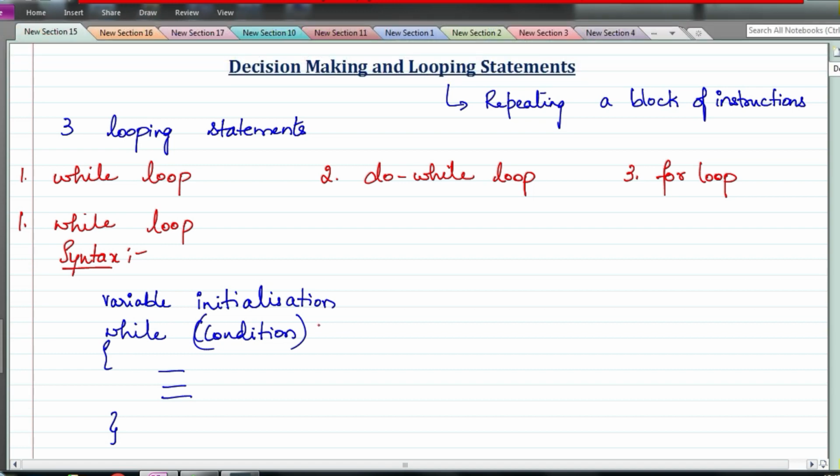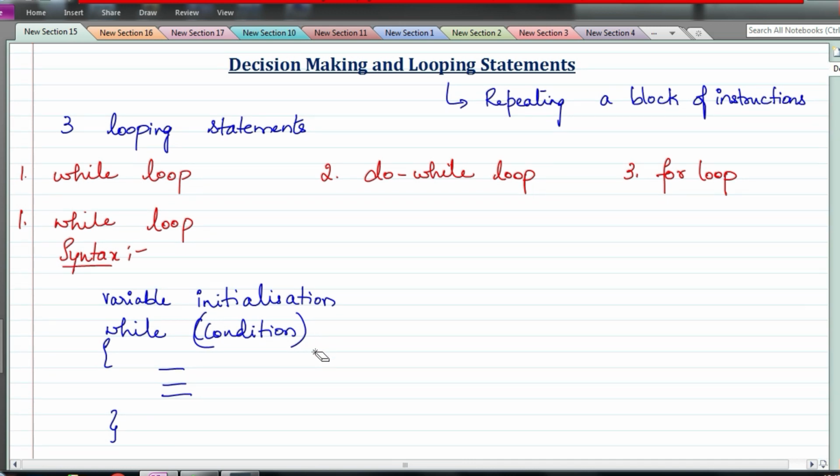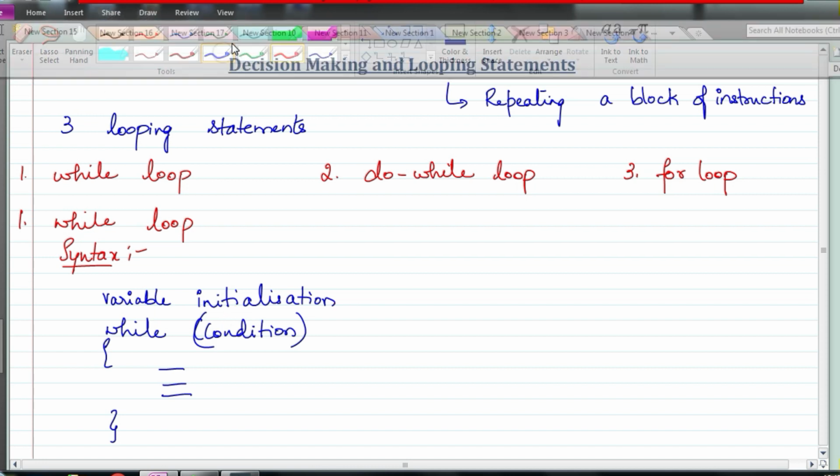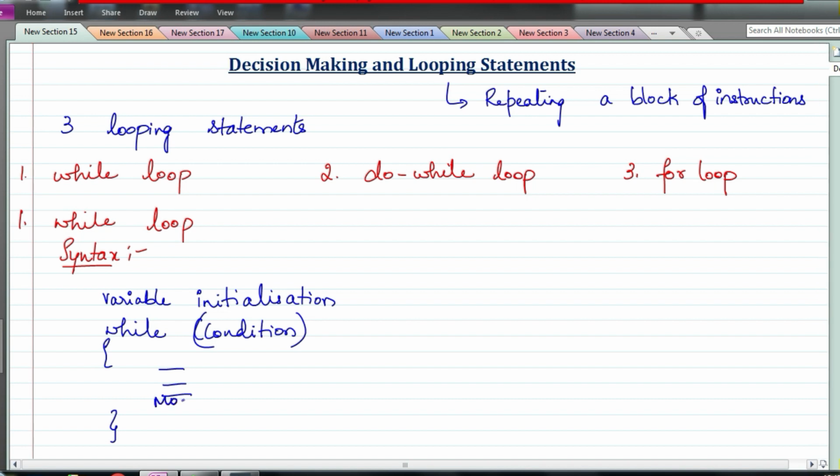There is no semicolon here or here. Don't write a semicolon for a while loop. So: variable initialization, while condition, and then here we need to write the modification. Usually we write the modification as the last instruction in your while loop. You can write it anywhere, again depending on your program logic.